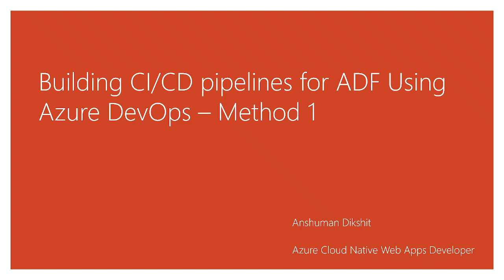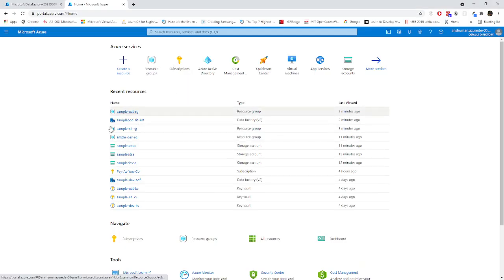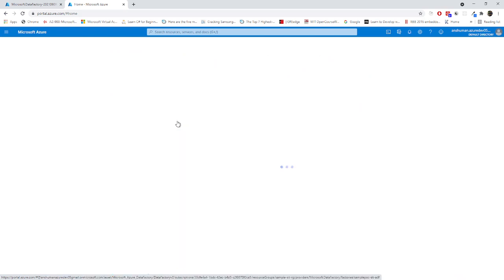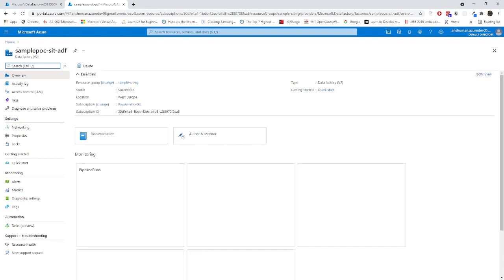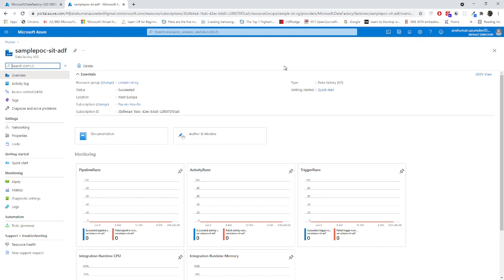So first of all, we have to understand what Azure Data Factory is. Azure Data Factory is a fully managed data integration platform provided by Microsoft. If we go to the Azure portal, I have already simplified all these things right now. I will go one by one to show you exactly what these things are. If you can see this kind of icon, this represents one Azure Data Factory. This is a little bit of an advanced level video. Anyone who has already worked on Azure Data Factory and wants to learn how the deployment works, this video will be helpful for them.